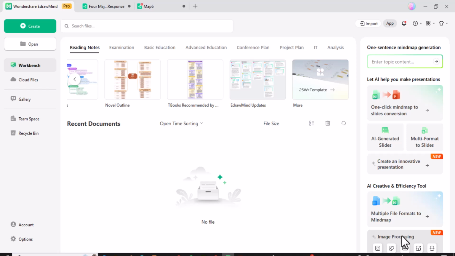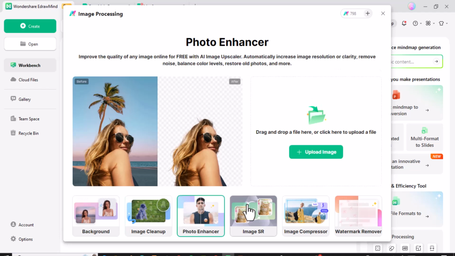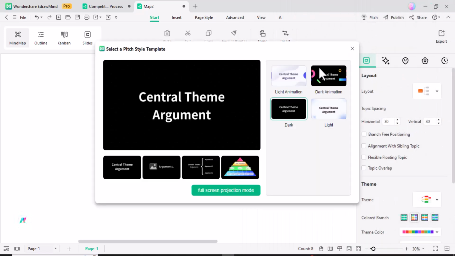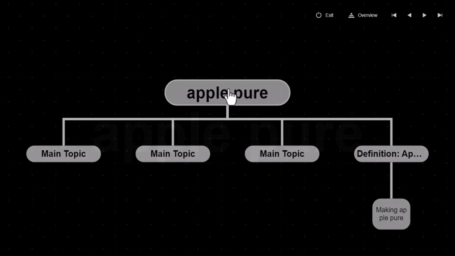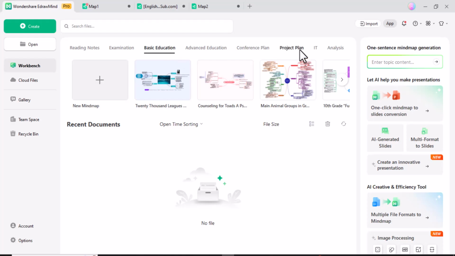The latest version, eDrawMind V12, introduced some exciting new features: AI image processing. You can now edit images within your diagrams, removing backgrounds, compressing files, and even eliminating unwanted objects with just a few clicks. Pitch Mode. This feature turns static diagrams into animated, visually engaging presentations. Ideal for pitching a new project idea or product to clients or stakeholders. And it does not stop there.